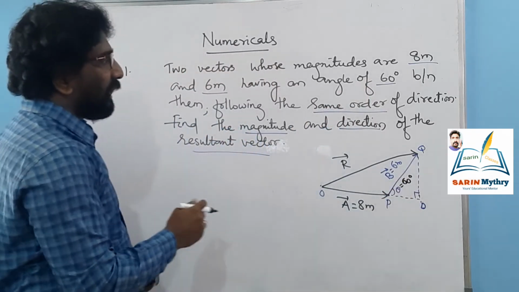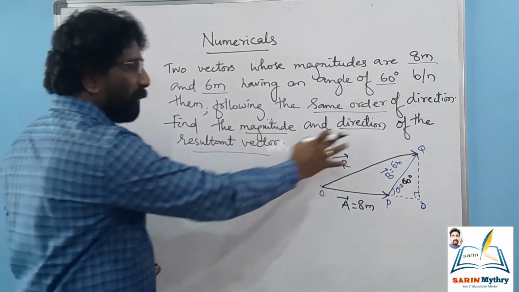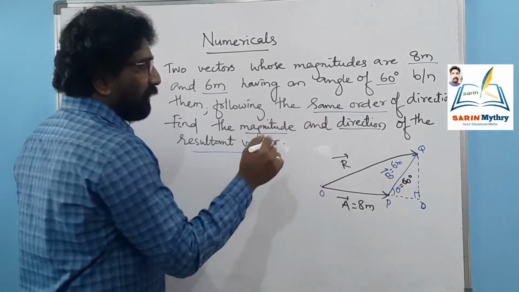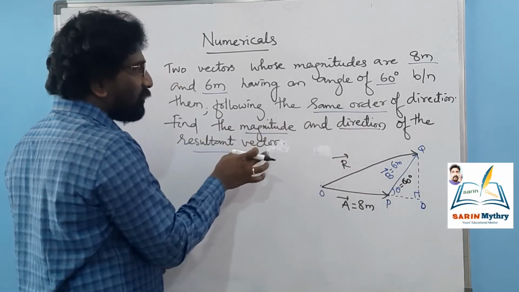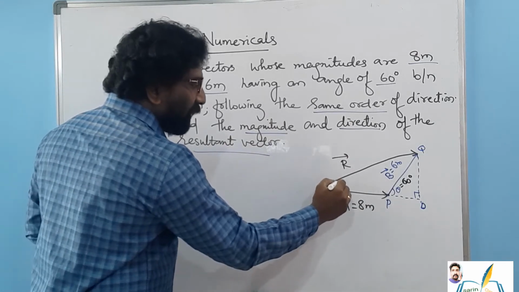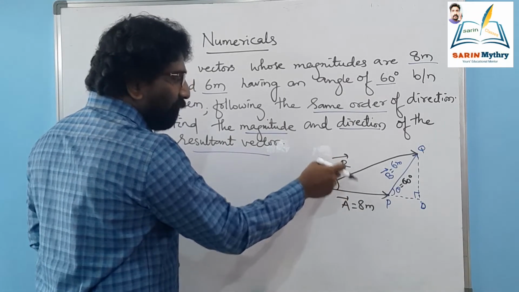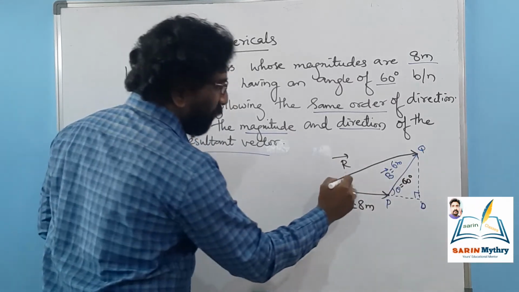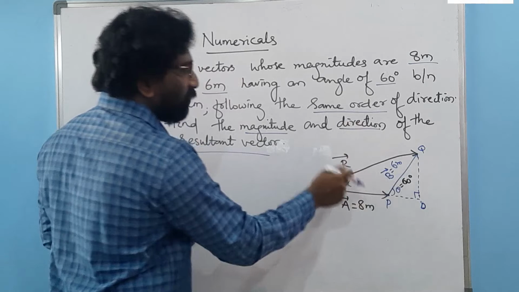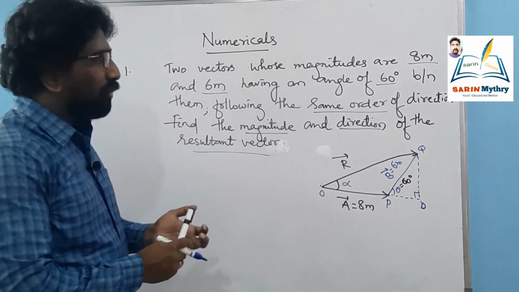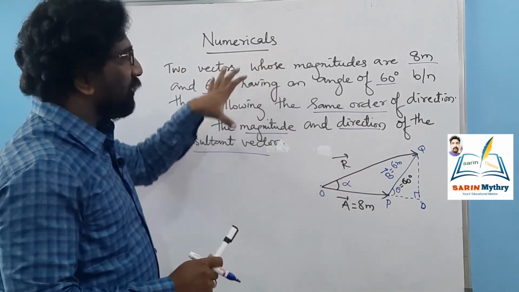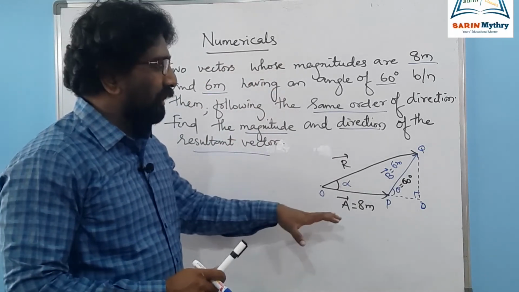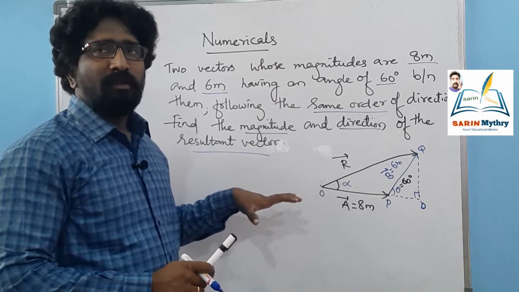And again, in order to find out the magnitude, by using the formula we can find out the magnitude. Then what about the direction? The direction of this resultant vector is nothing else but the angle the resultant vector makes with the vector A, in the direction of A. So now this is your alpha, which denotes the direction of this resultant vector. So this is regarding this particular question's diagrammatic view. I hope you have understood how to draw the diagrammatic part. Is it clear?